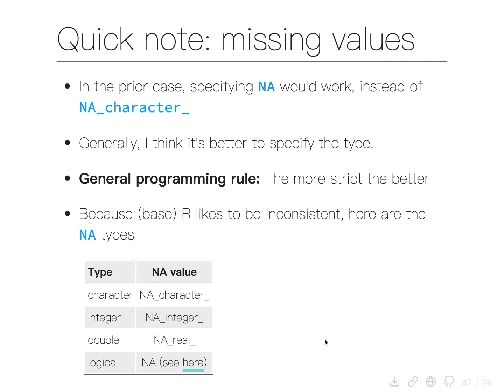And then the strangest one, I think, is the logical one, which is just NA. So there is no NA_logical_. If you want to know why, there's a link here that explains it more. I've read it before, but it still doesn't make a ton of sense to me. But if you do typeof on NA, you'll see it's logical. Yep. So it seems like there's also an NA_complex_. Yes. So there are two other types of atomic vectors